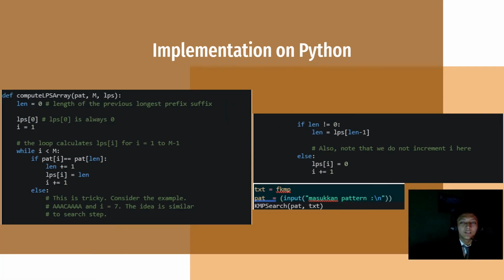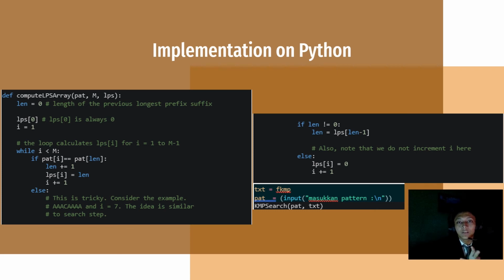Okay, this is the computeLPSArray function. In this function, there are the path, m, and LPS parameters. In this pre-processing part, we calculate the values in LPS. To do that, we keep track of the length of the longest prefix suffix value. We use the len variable for this purpose. For the first index, we initialize LPS[0] and len as 0.